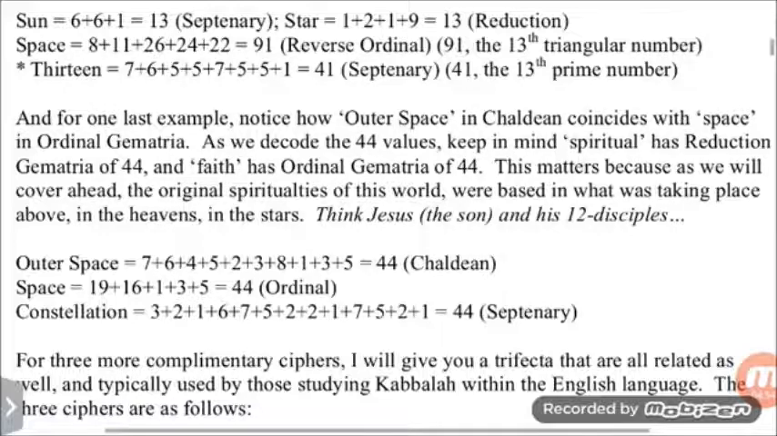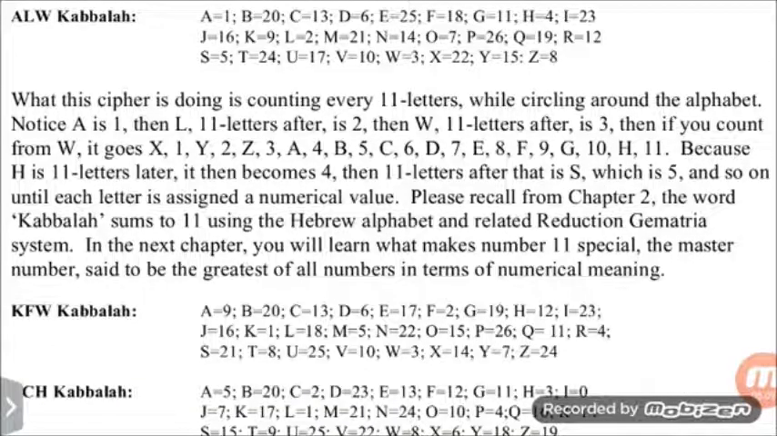For more complementary ciphers, I will give you a trifecta that are all related as well, and typically used by those studying Kabbalah within the English language. The three ciphers are as follows. ALW Kabbalah. What this cipher is doing is counting every 11 letters while circling around the alphabet. Notice A is 1, then L, 11 letters after, is 2, then W, 11 letters after, is 3. Then if you count from W, it goes X,